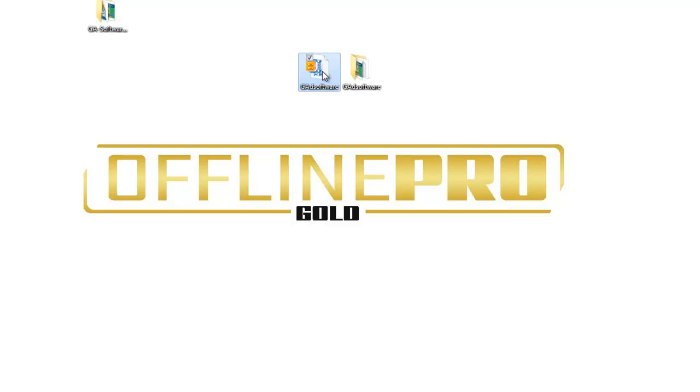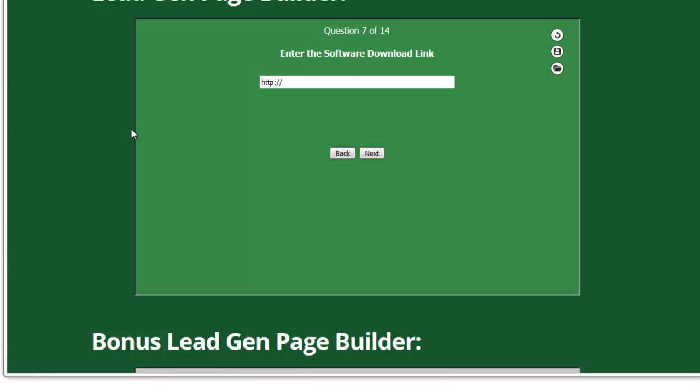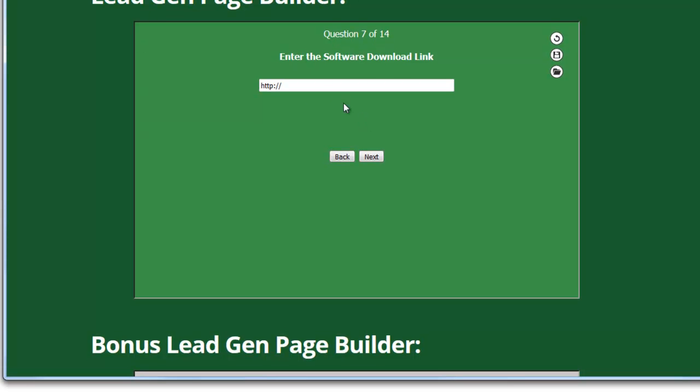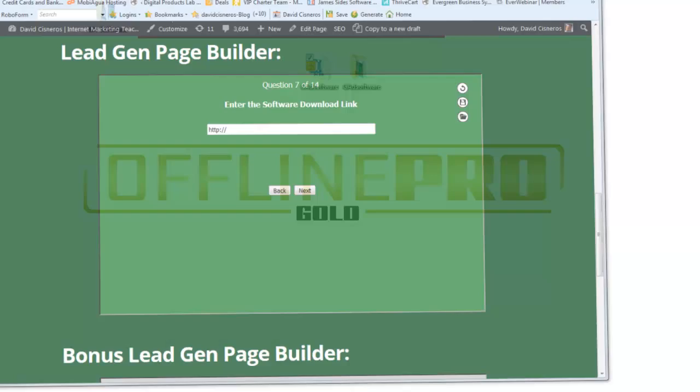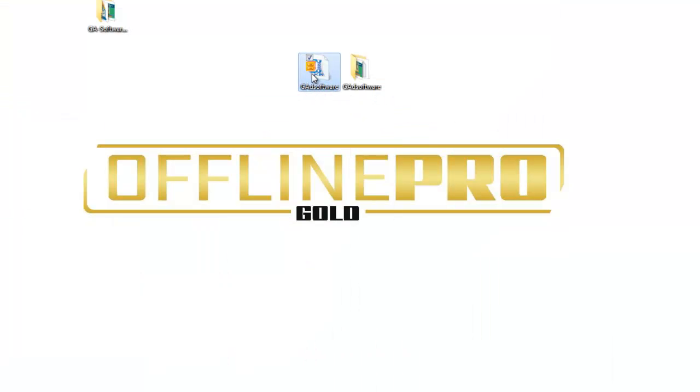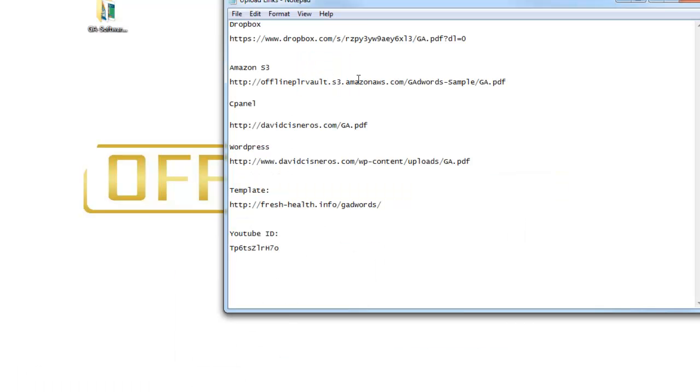If you're using my software that builds template pages, it may ask you for a software link. You can go ahead and leave it there. And I've shown this lead page builder in a previous video. One of the questions here is enter the software download link. This is where I would enter my software download link. Okay, so if I've uploaded this to my server, I'd go ahead and grab that link just like I grabbed all of these different links here from Dropbox or from Amazon, where these are all PDFs, but I would use